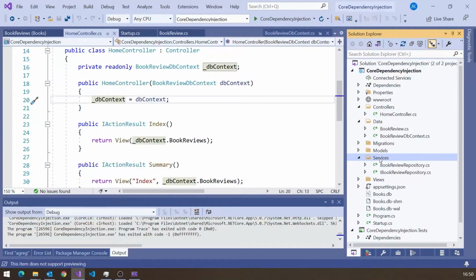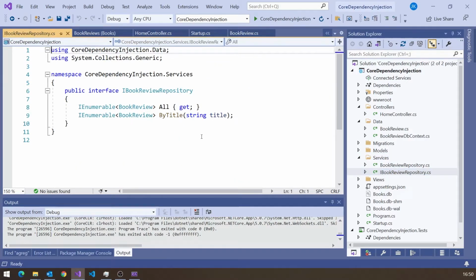But something that I've spoken about before when we were looking at Entity Framework is the idea that you sometimes don't want to directly access the DB context. You want to use a design pattern known as repository. And so I've actually put one in here. I've put this in a folder called Services because service is a general term for something which can be injected. So that's just the general idea. Even though the purpose of things that can be injected can be very diverse, if it can be injected, we call it a service. And so what I've put in here is an interface called IBookReviewRepository.